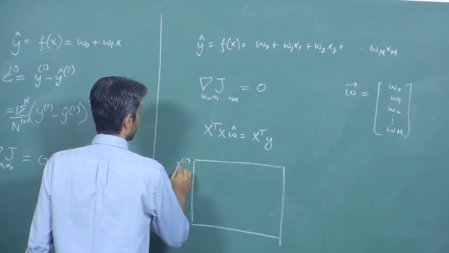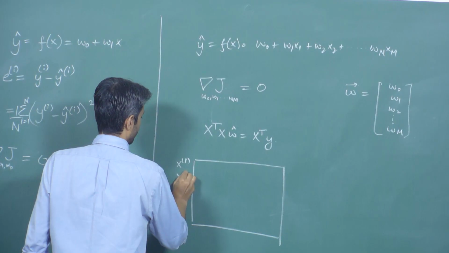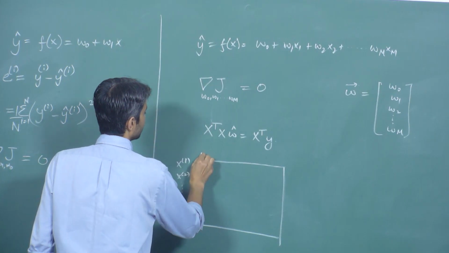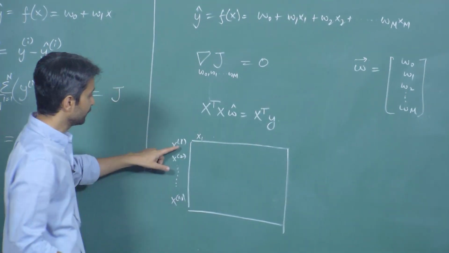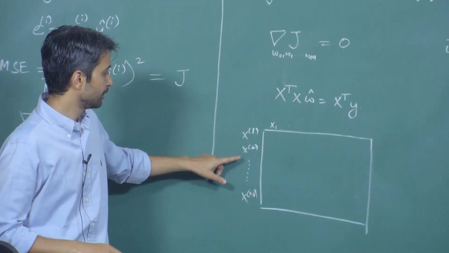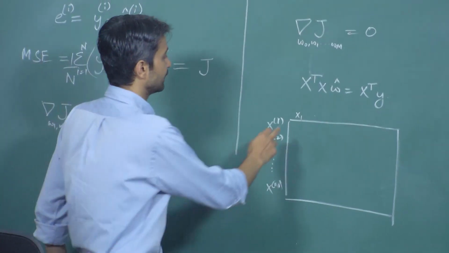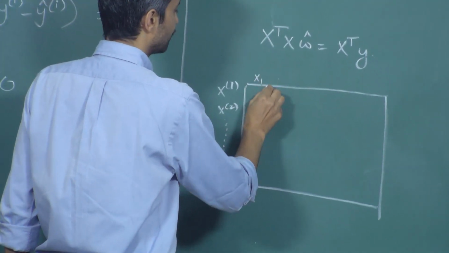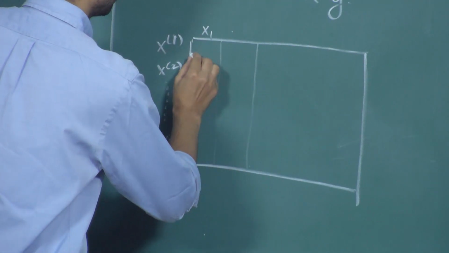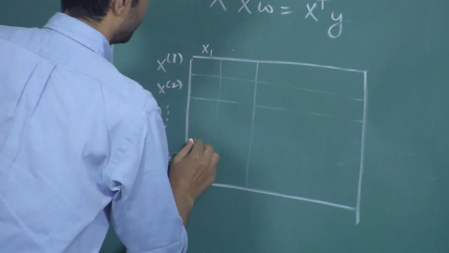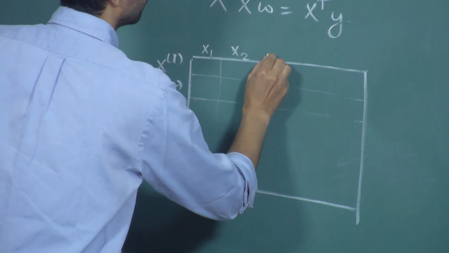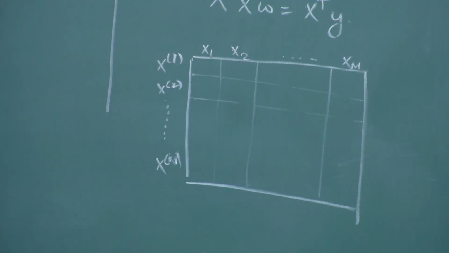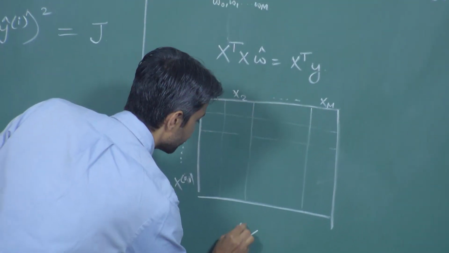So this is my first data point x1, and this is my x1. So notice this one is data point 1, data point 2, data point n, and this one is feature 1 of my, this is feature 1. This is my x2, and this whole thing goes up till xm. Okay, so this whole thing is your x matrix,